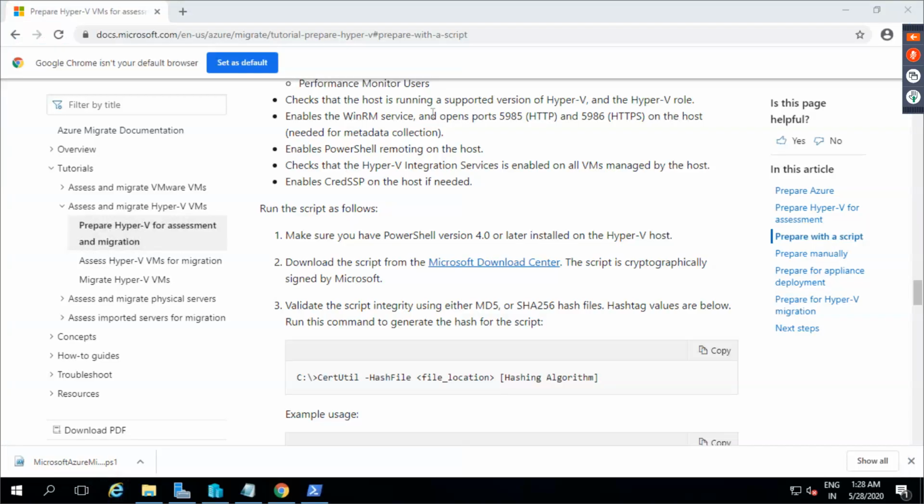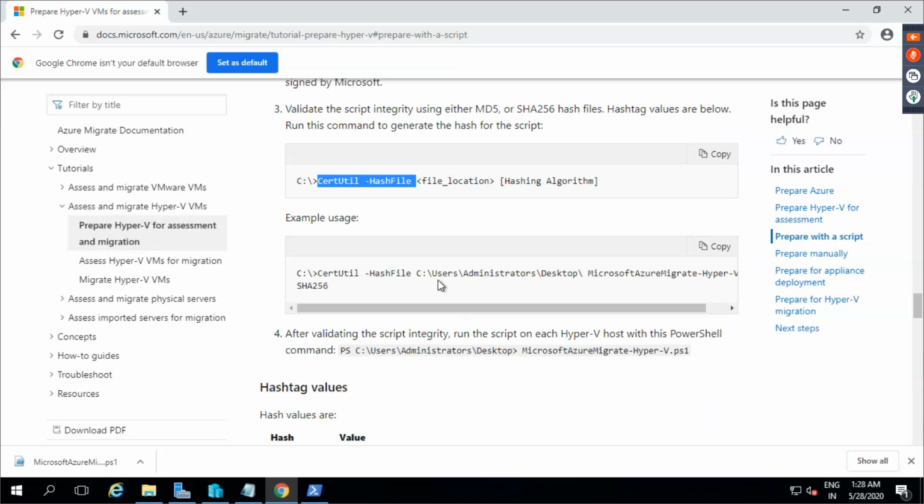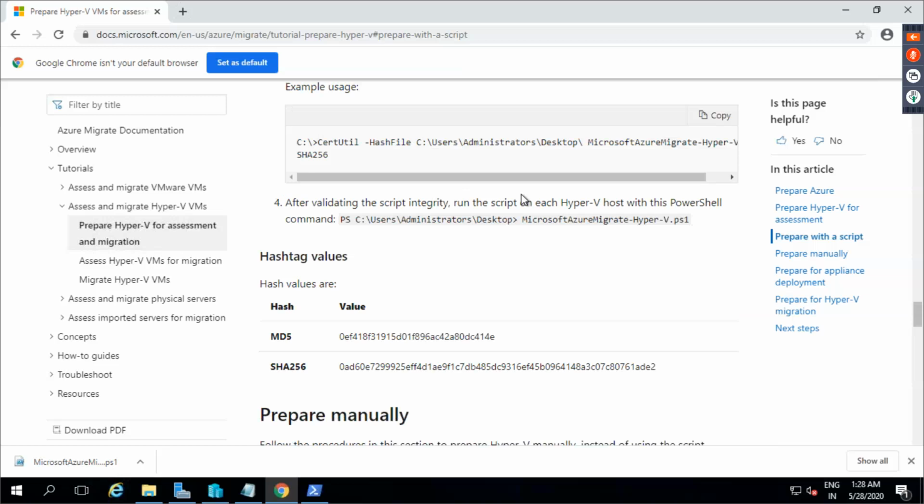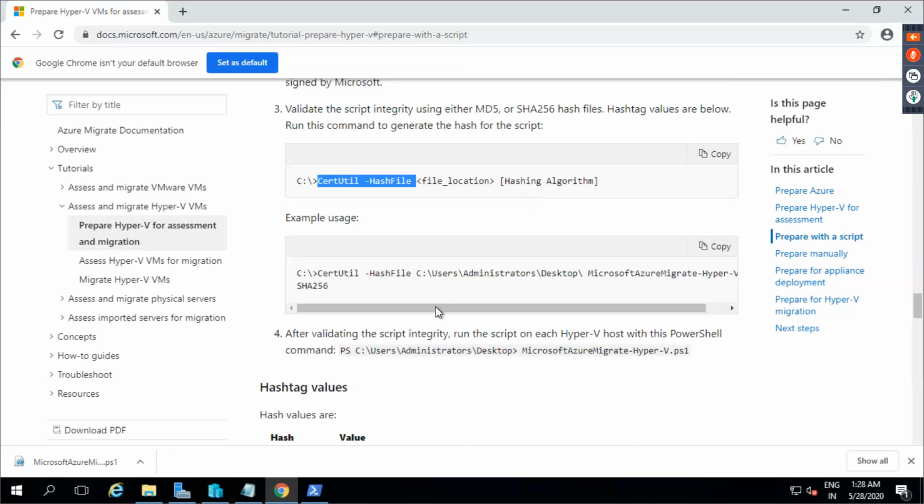So now you need to basically run this command. Okay. Certutil, and then you have to basically give -hashfile, and these are the hash values which you need to basically give. Okay. Right.